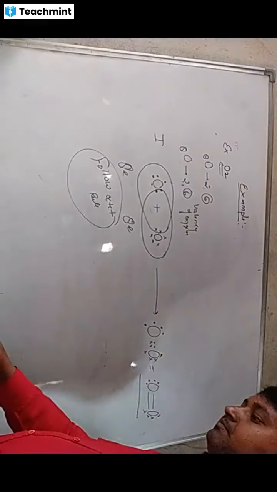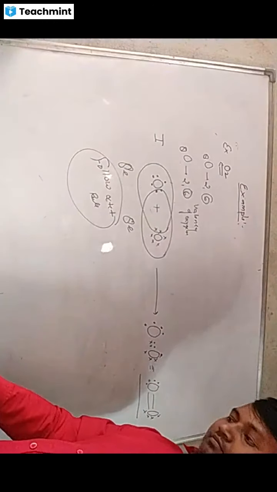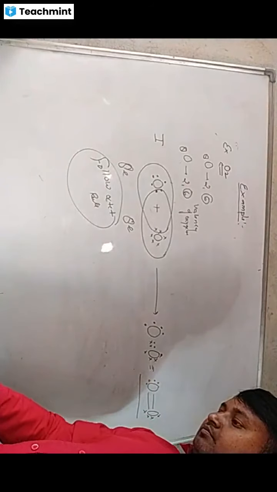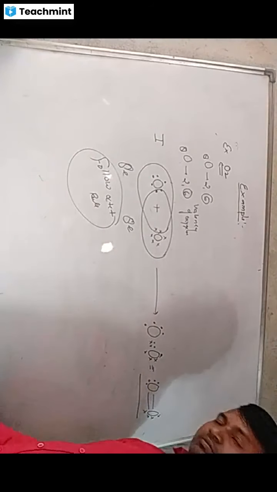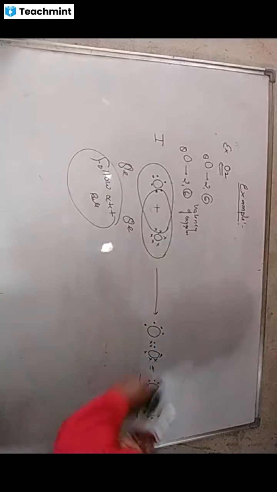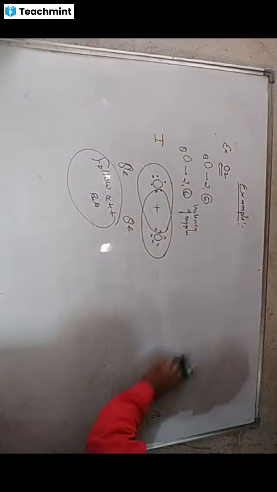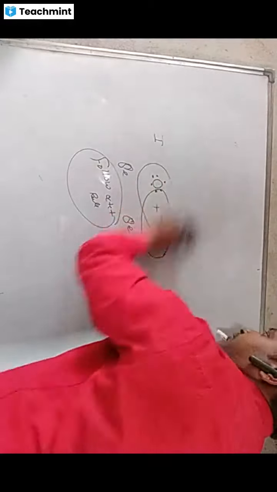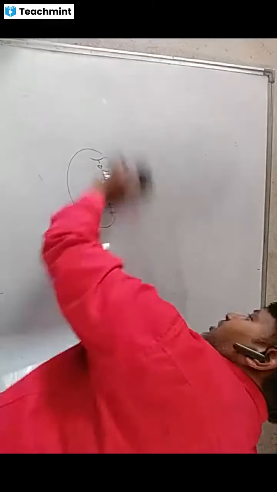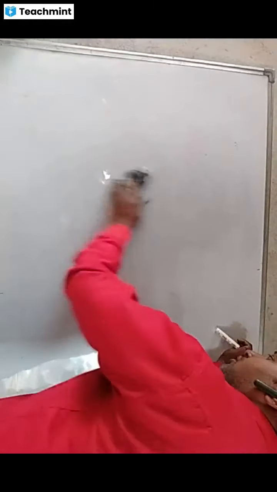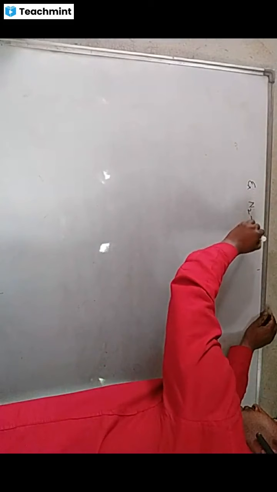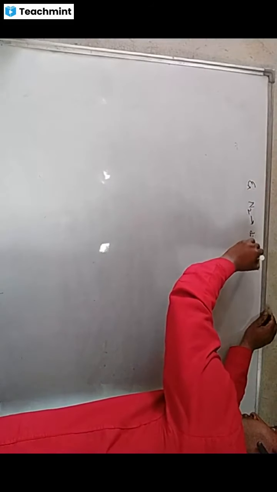Next example is nitrogen. How does nitrogen bond, which bond is formed, what is the sharing of electrons, the number of bonds, and the octet? Another example, N2. N2 is dinitrogen